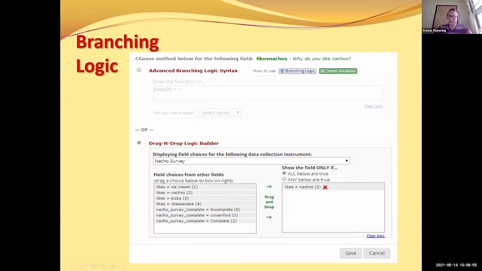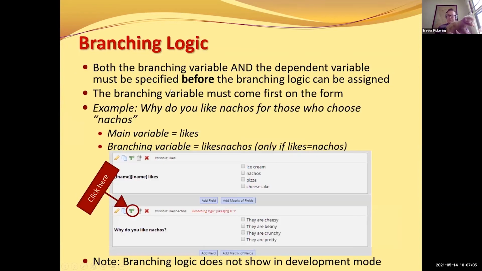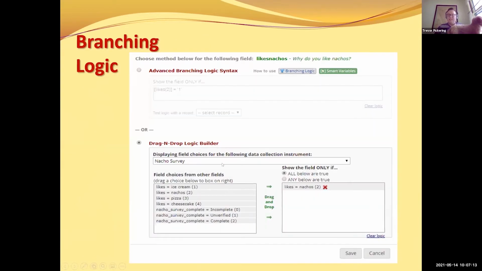Okay, so there are a couple different ways that we can do branching logic here. The first way is by using the advanced branching logic syntax, and that is what we saw on this last page right here. So we can just put in likes 2 equals 1 if we know what we're looking for. But an easier way to do that would be the drag and drop logic builder, which will show us all the possible options that we could have as